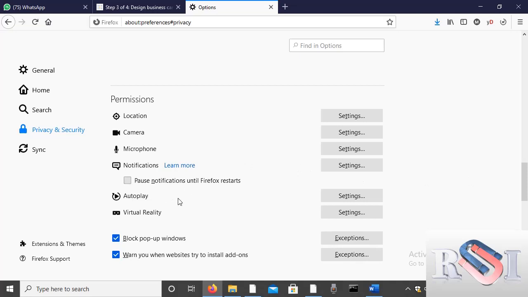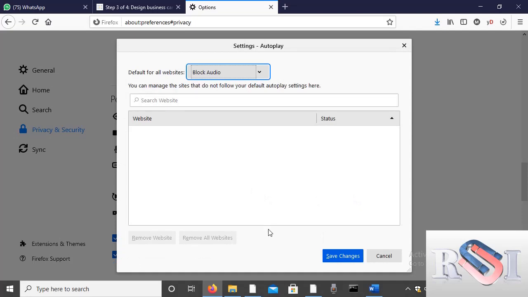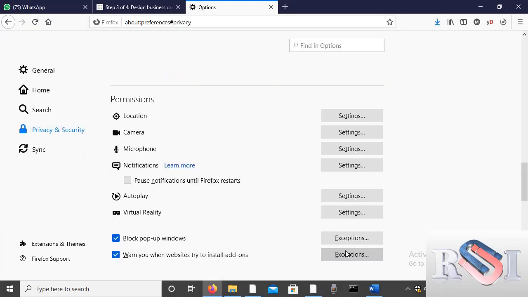And then there is this one here, autoplay. You see, when you enter a certain website, quick, there is a video, it starts to play itself. What kind of nonsense is that? Go to settings. I blocked those ones a long time ago. So if you find that it is appearing, you just do the steps that I showed you, and then you save the changes.